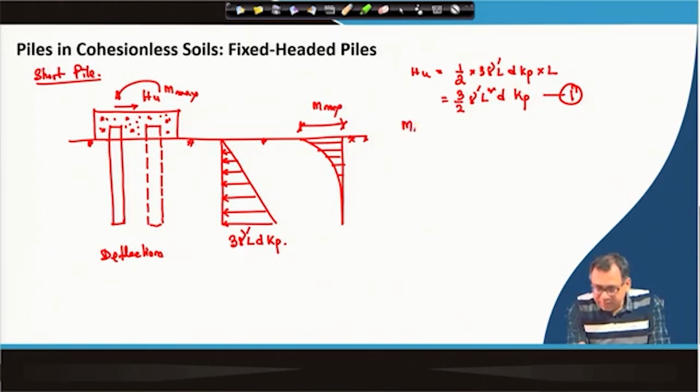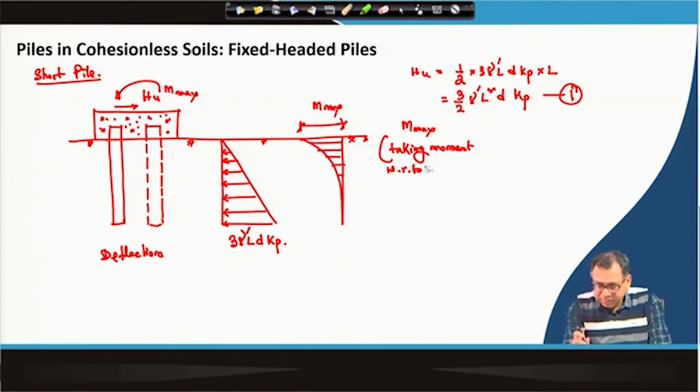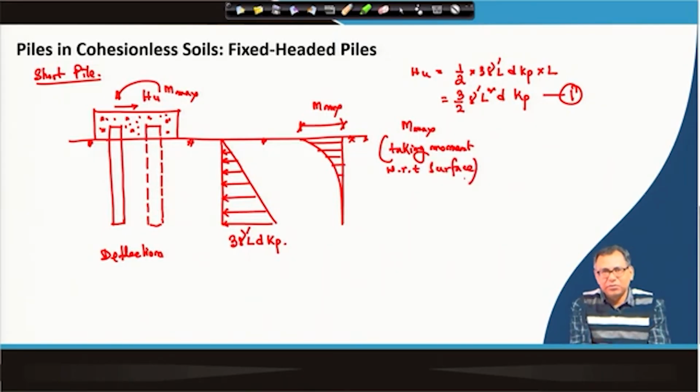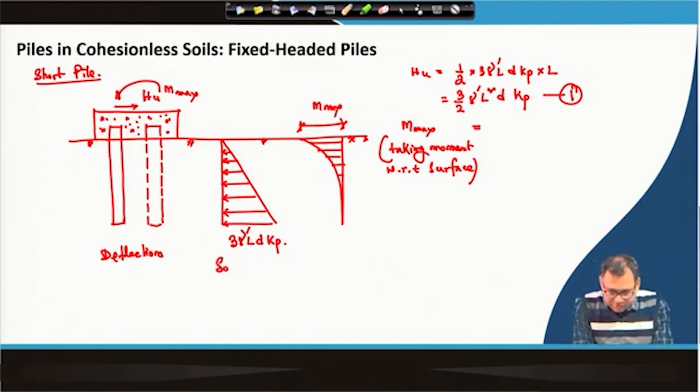And M max, if I take the moment with respect to the surface, and that is why this Hu contribution we will not consider, because Hu is also acting at the surface. So, M max will be this total passive soil reaction contribution,